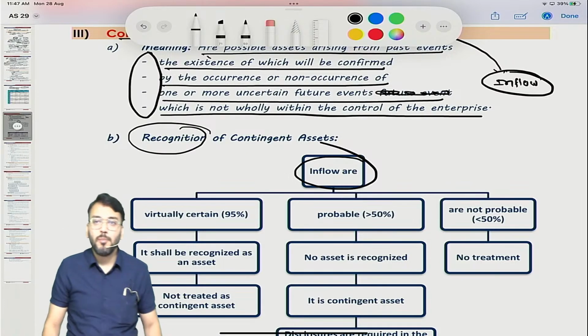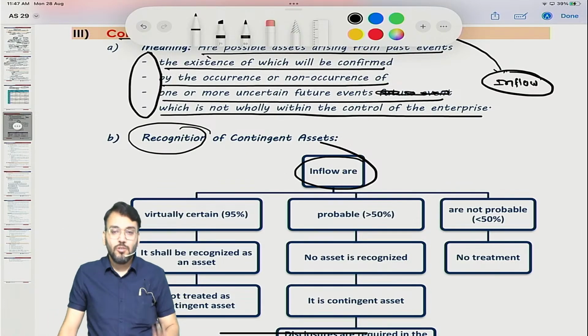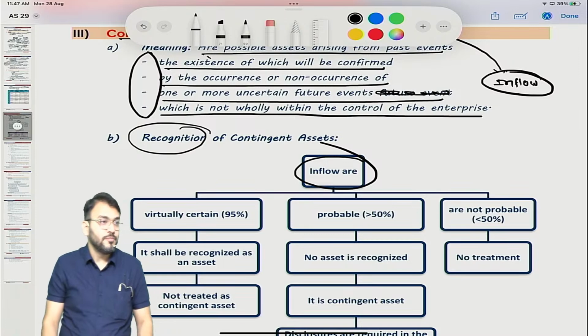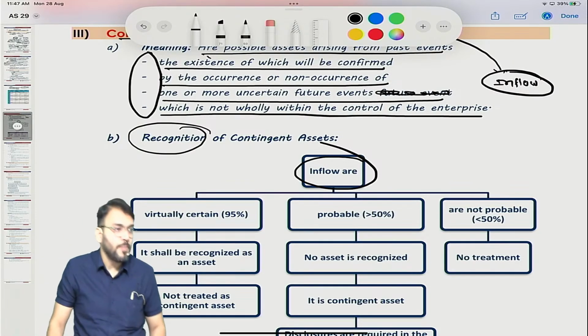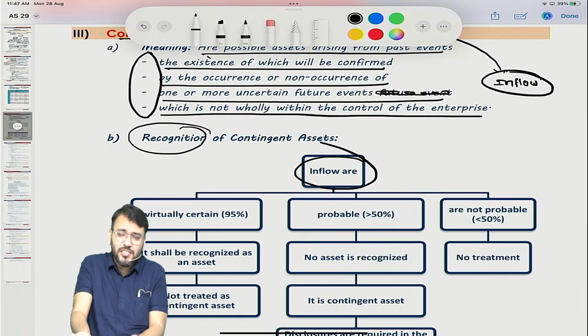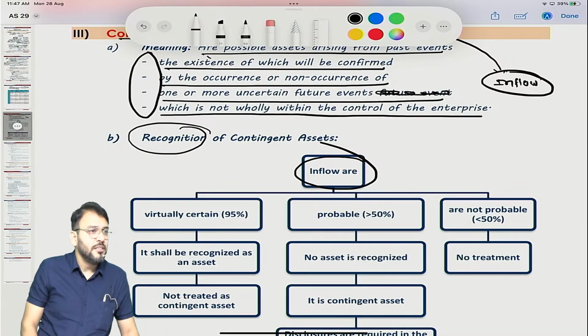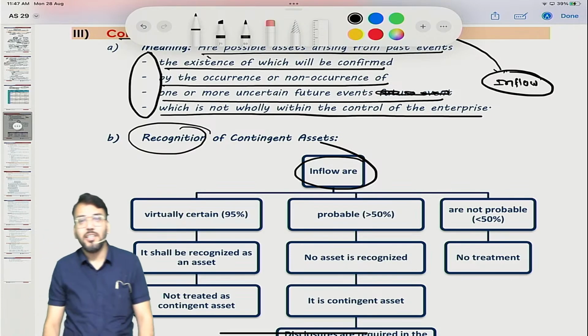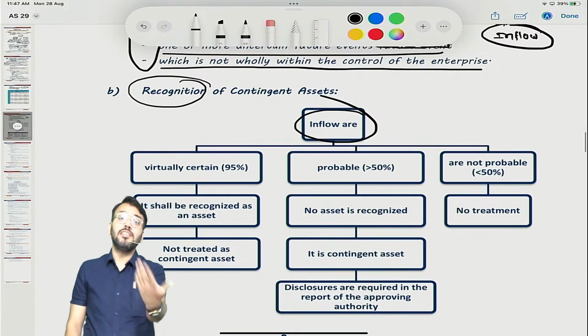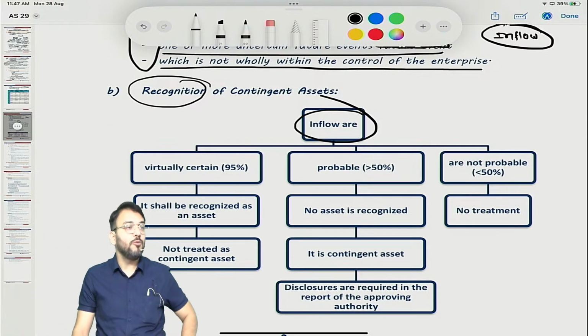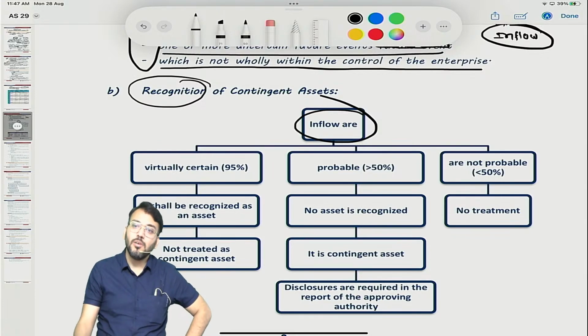Whether inflow is probable or not probable, recognition is based on inflow. However, can I say contingent assets we don't recognize? Contingent assets we don't recognize. But what AS 29 says is that if inflows are virtually certain, once again a new term in your life,